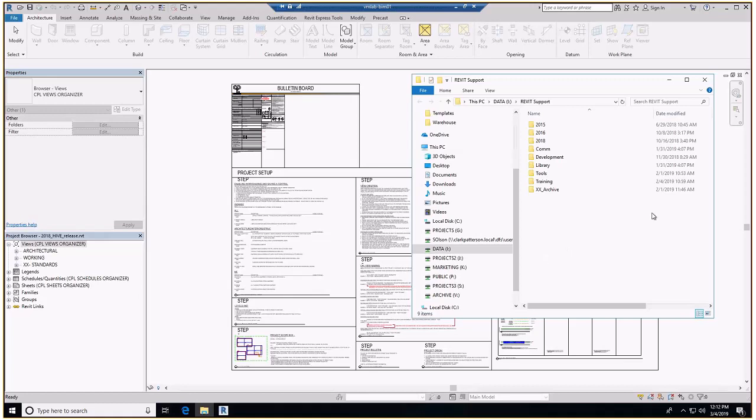So a few months ago, when I came on board, almost a year ago now actually, we announced that we were going to be consolidating our content into a new location on the server. That was the iDrive and the Revit support directory. So we've pulled a bunch of stuff in here off of miscellaneous locations. To date, we've left a lot of that content out there still in its distributed locations, just to kind of ease the transition. As of this meeting, we are going to be removing all legacy content and consolidating it to